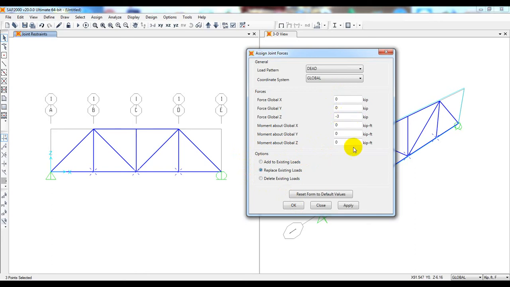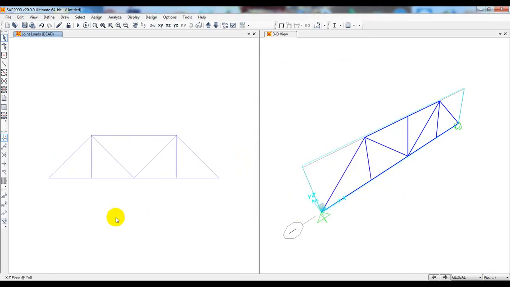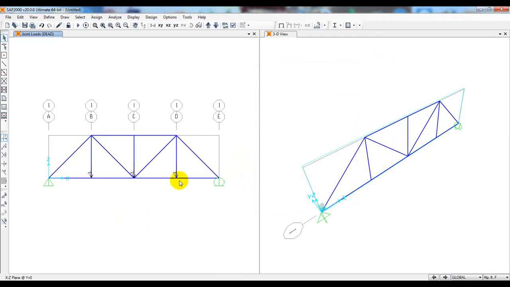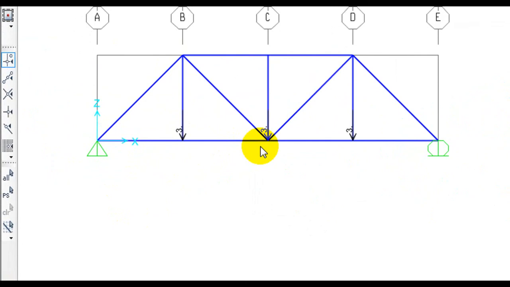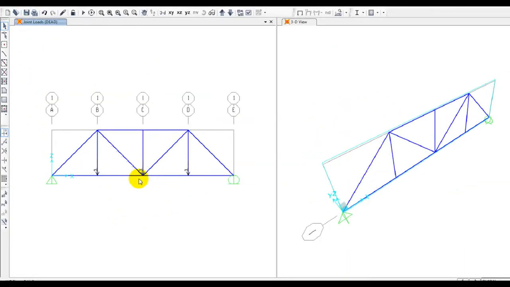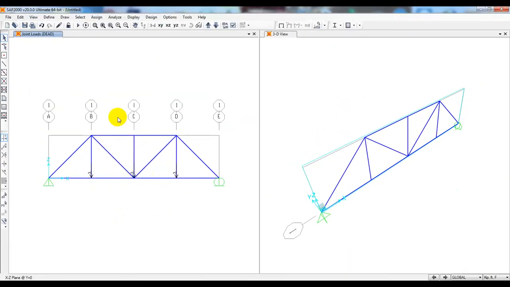So when it's minus 3, then simply apply, and okay, so just see here, 3 kip and 3 kip load are available. 3 kip load are available here. So when our load is okay, now